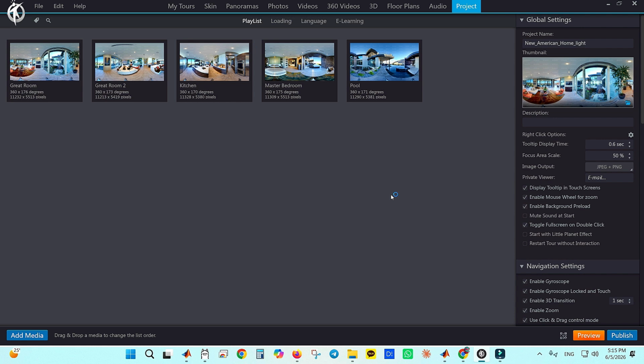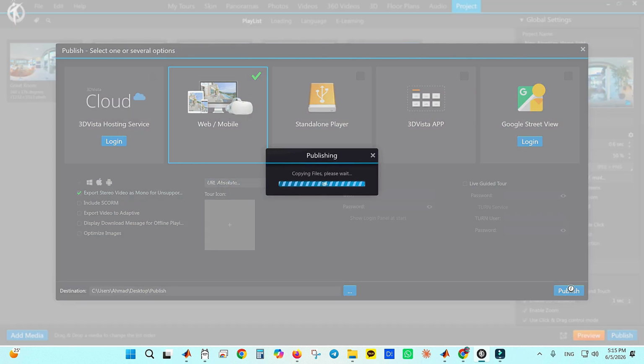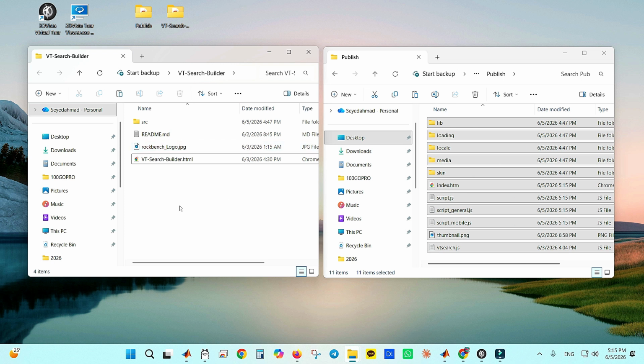To use this powerful tool, all you need to do is, after you have finished designing your virtual tour and completely finalized its entire design, go ahead and publish your tour inside the specific desired folder of your choice. It is absolutely essential to ensure that you publish the full web version of your tour for everything to work correctly. For the next step in this process, you will need to open up the software tool that I am introducing to you today in your browser.